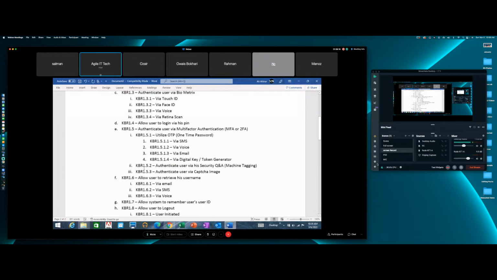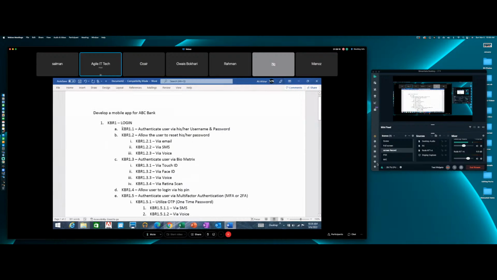So let's just look at this one. Let's look at our most primary one, which is logging in, right? If you were to break this requirement further down, what would you do? You would have to describe how the process will work. For instance, once the user clicks on the banking tile on the mobile device, the phone will launch the mobile app, right? And the system, meaning our server, will load the